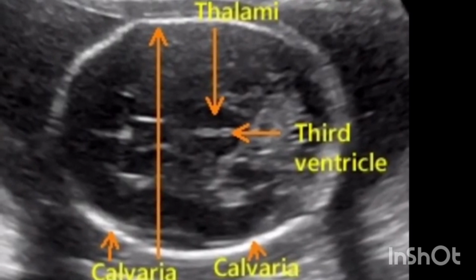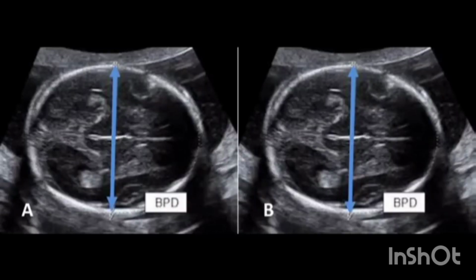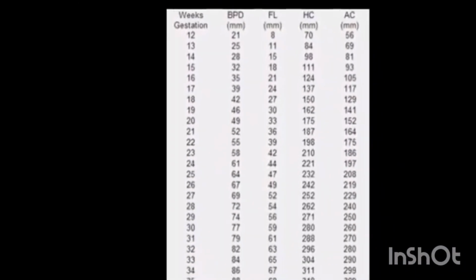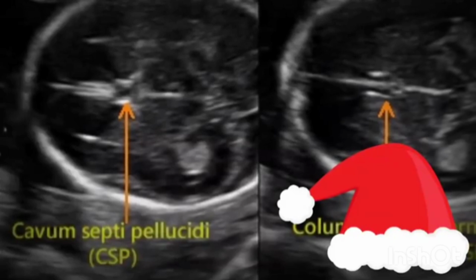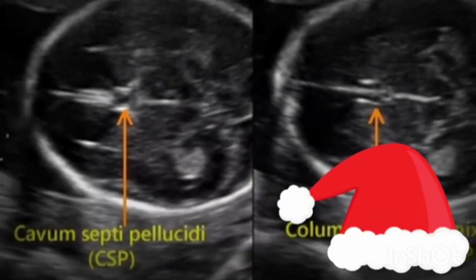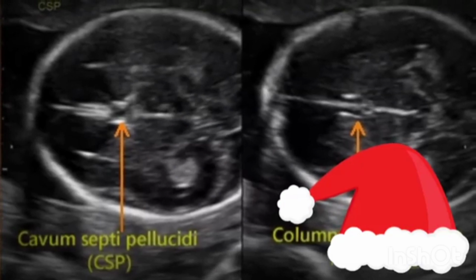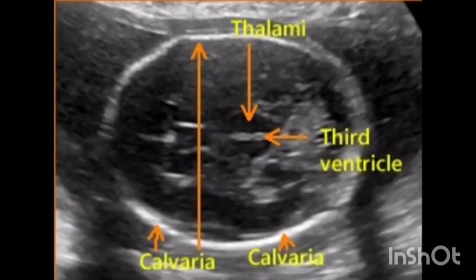More than one technique has been described: outer edge to outer edge or outer edge to inner edge, and the reference chart should be chosen according to the technique used. Measurement technique. The BPD should be measured on an axial plane that traverses the thalami and cavum septum pellucidum. The transducer must be perpendicular to the central axis of the head, and thus the hemispheres and calvaria should appear symmetric. The calipers should be placed at the